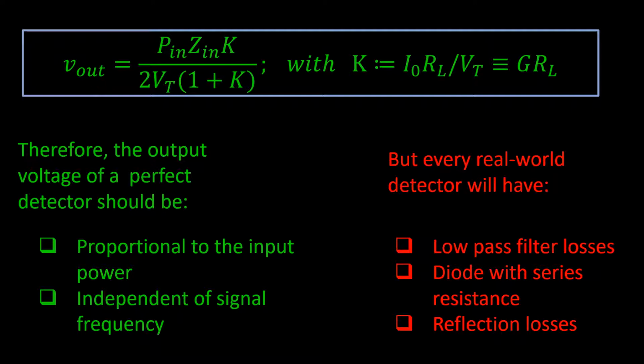Finally, we will have mismatches between the generator and the detector, which might lead to changes in the sensitivity with respect to the frequency, and also to an overestimation of the voltage to be measured. We certainly need to do measurements on real-world devices to check all this. This will be the subject of our next video.